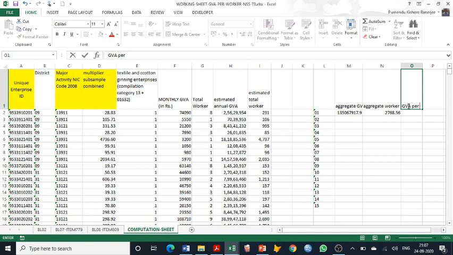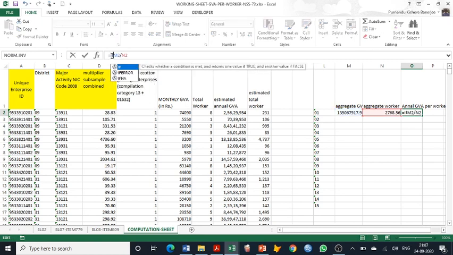Then GVA per worker, and it is annual. Annual GVA per worker will be this aggregate GVA divided by aggregate worker. But remember, we don't have the figures for a few of the districts, so here we made a formula that if the aggregate worker is positive, then it will give this, otherwise it will return a 0.